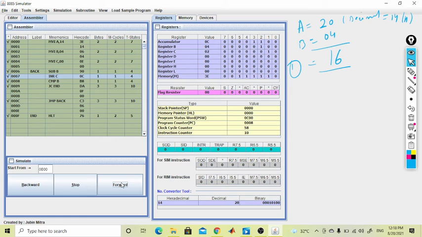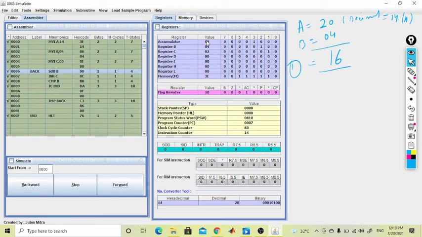Like that we compare B again and check the carry condition, jump if carry, no carry. Again we jump back to this position, and again it will subtract.